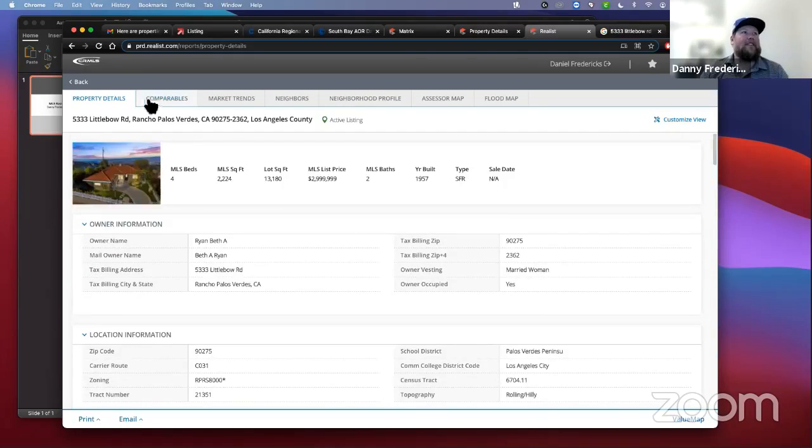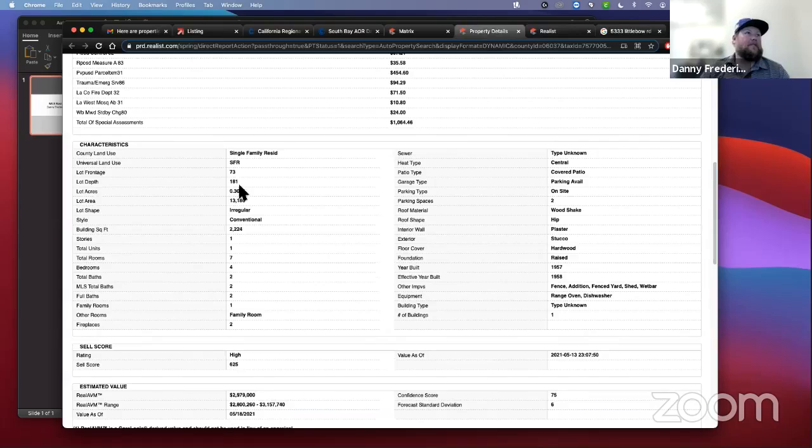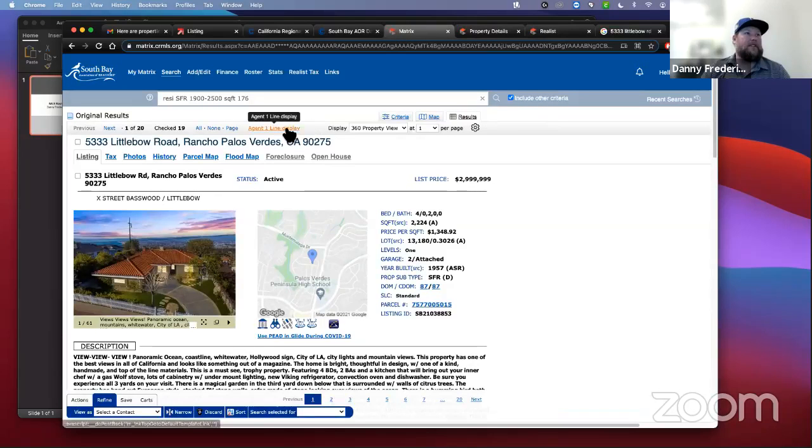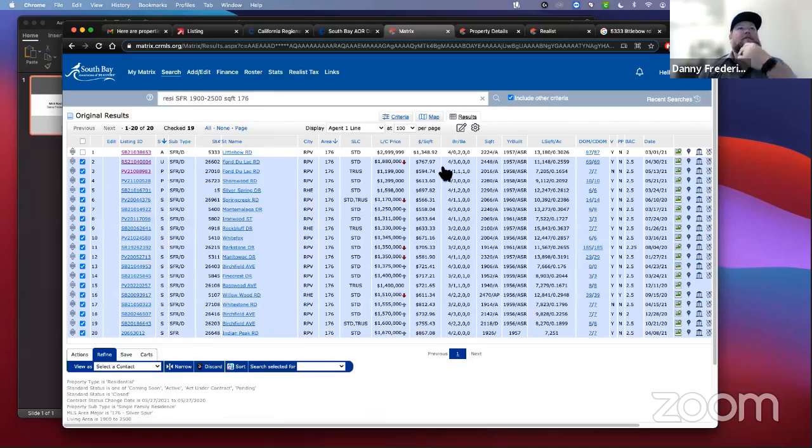So obviously done a lot of work to it as well. I go back to the other comps here. Really, I can just look at the square footage here. So to give you an idea, the highest property that has sold in the last year is under $900 per square foot. So that is the top of the market. And that was one that recently just sold here in April. That's that 867. If we look at your listing, you're listed at about $1,000 to $1,350 per